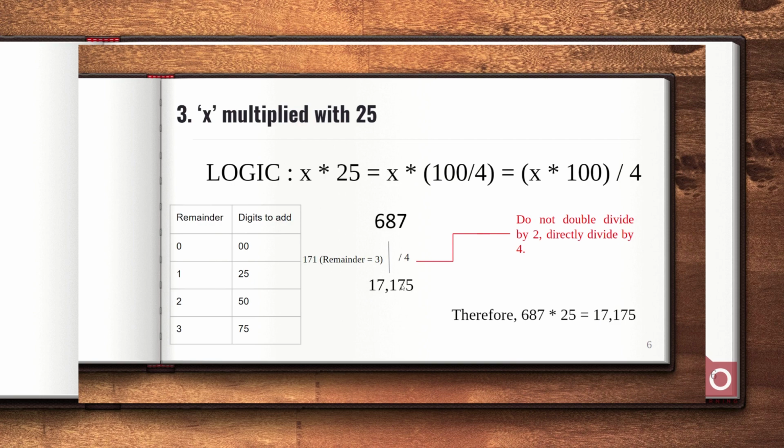Now, in another case where after dividing our number by 4 we get a remainder, say 2, then we add 50 at the end of the quotient we get. If the remainder is 1, we add 25, and if the remainder is 0, we just add 2 zeros at the end. Hence, 687 when multiplied with 25 gives us